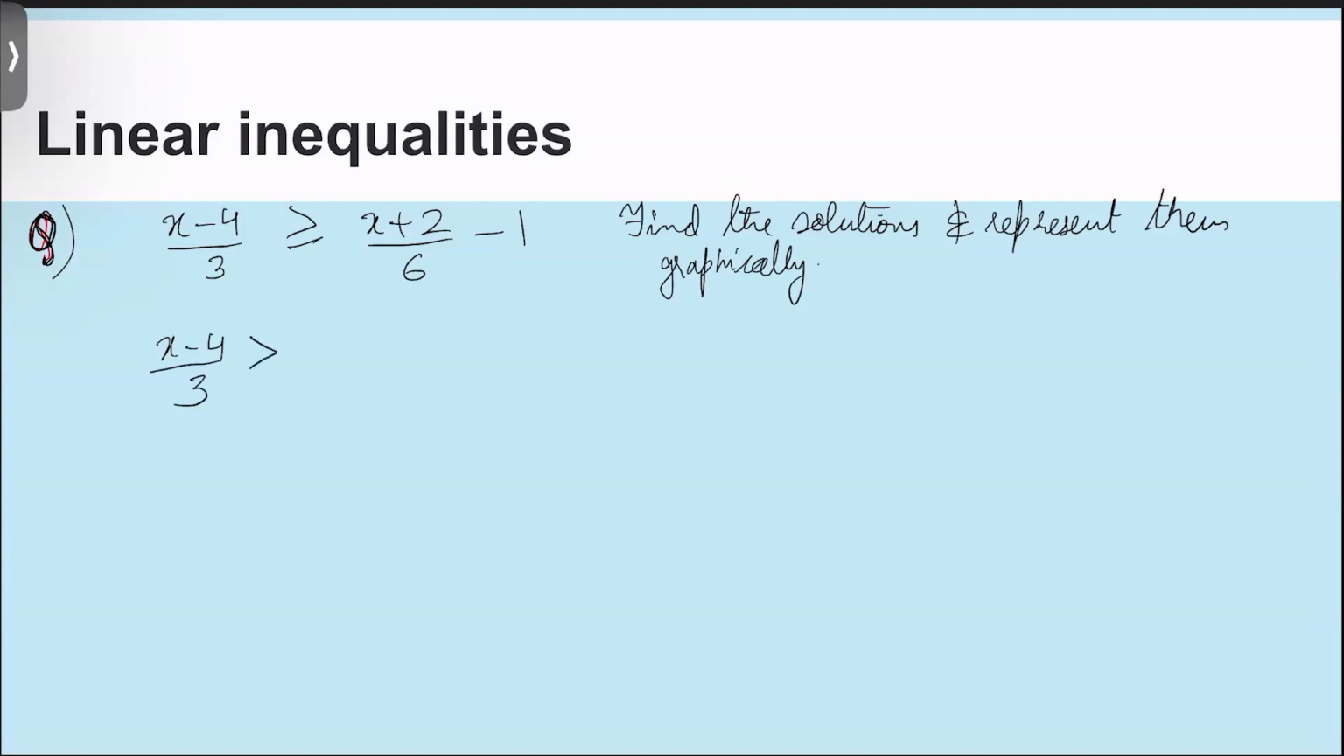So you have (x minus 4)/3. Let's first simplify your right hand side so that it's easier for us. So you have (x plus 2 minus 6) all divided by 6. So this gives you (x minus 4)/3 and you have (x minus 4)/6. Now if you multiply both sides by 6, to get rid of your denominators, what you get is